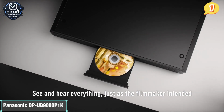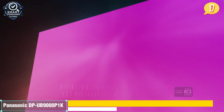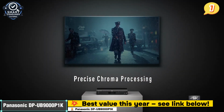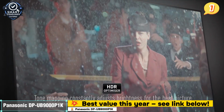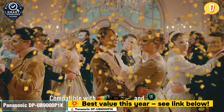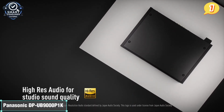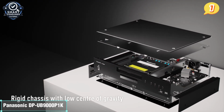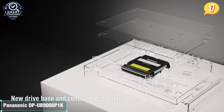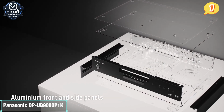DP-UB9000P1K. This is what happens when a brand decides to go all in. The Panasonic DP-UB9000P1K isn't just a 4K Blu-ray player, it's a statement. It brings reference-grade video, professional-level audio support, and a build that feels like it belongs in a high-end studio rather than a living room. If you want the very best disc-based experience available right now, this is where the journey